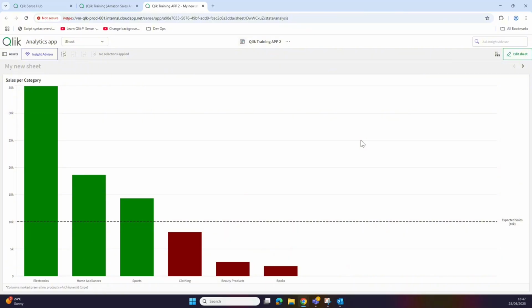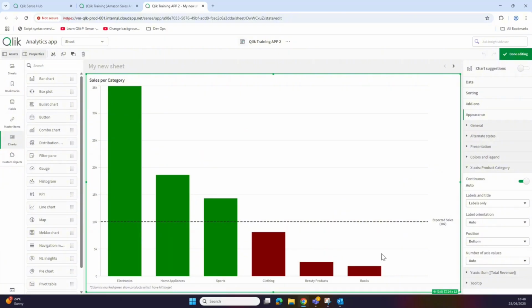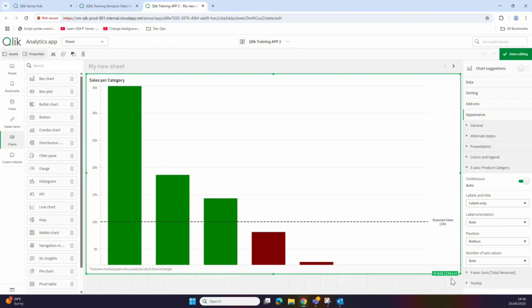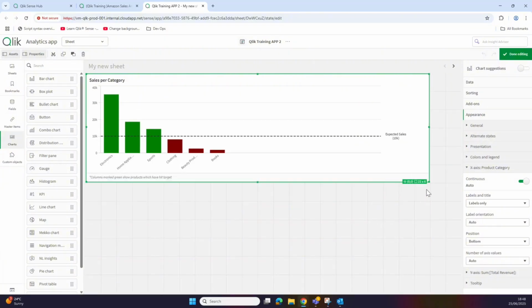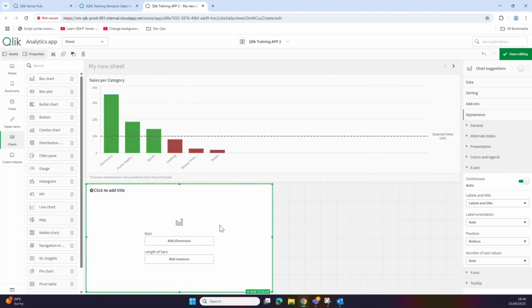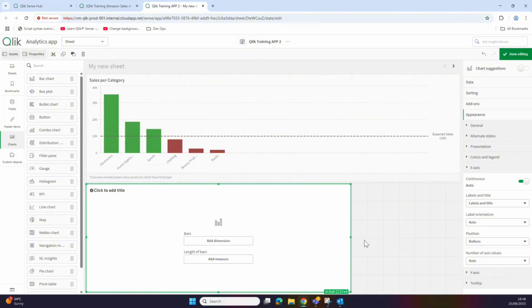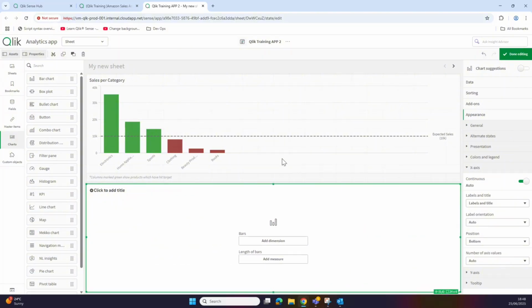Now we have a bar chart in which we can very easily see which products have achieved our sales target and the products that are not performing so well. But let's say we're building this out into a full dashboard. There's another way that we could also use bar charts. So I'm going to add another bar chart to my canvas here, to my page. And I'm going to give you another split view. So let's say once again,